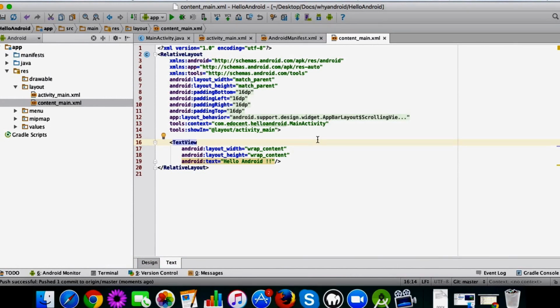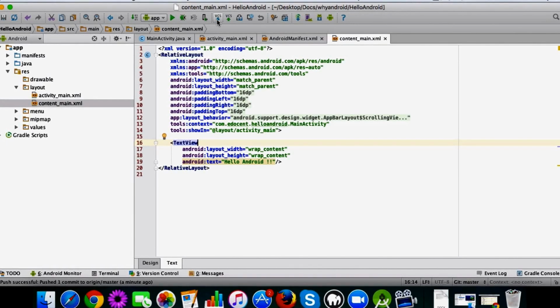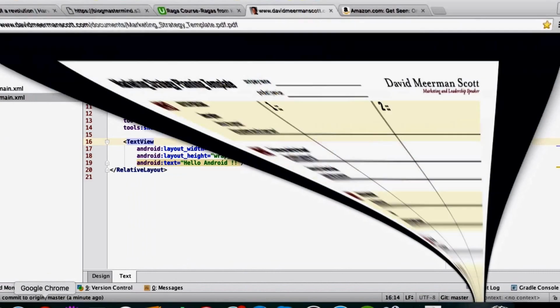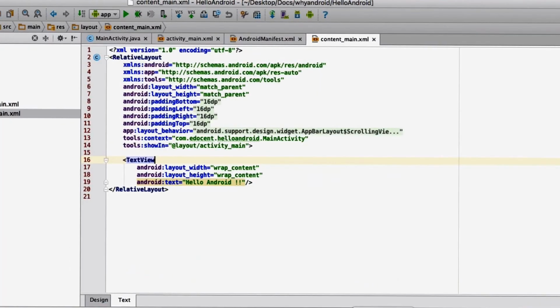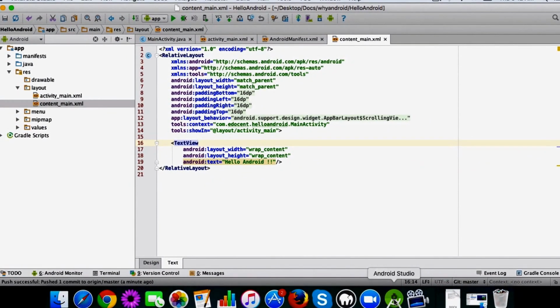There are a lot of things you can do. You can also pull the changes made by others, or keep on refreshing your project, or switch to a previous version of the file. And you can also showcase your project like I've done here. This is just to give you a basic idea about connecting your project. In the next videos, I'll show you more on how to pull and push your files. But this is the basic idea.